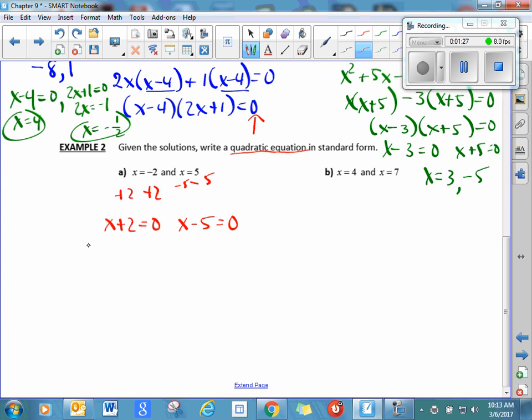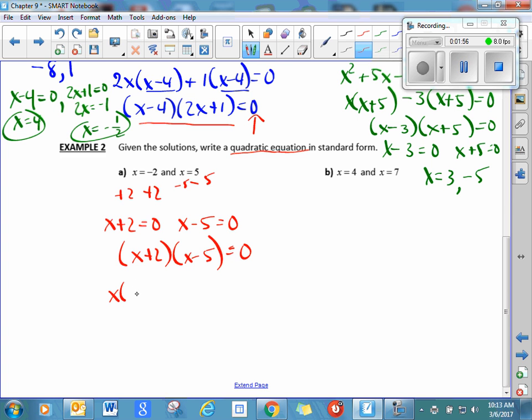So now going backwards yet another step to get back to these two factors multiplied together, we can say, well, to get x is equal to minus 2 and x is equal to positive 5, these two guys were our factors, and they were equal to 0. Now the next thing we need to do is go ahead and double distribute and get what our original equation was. So you have